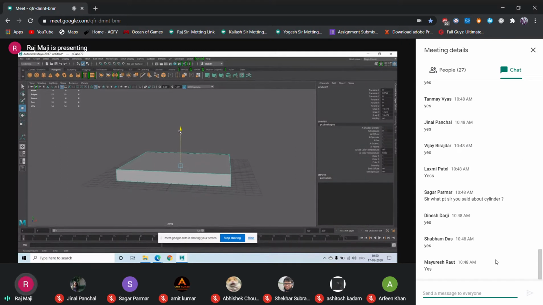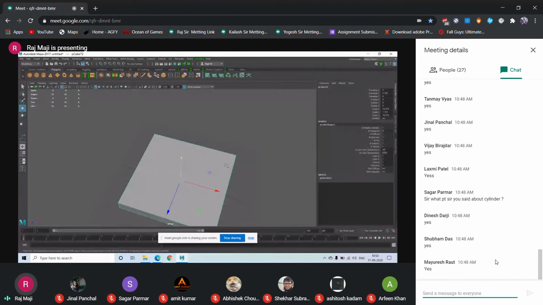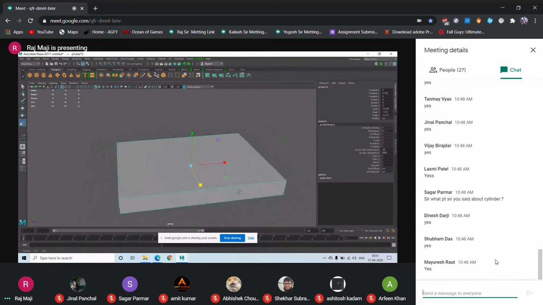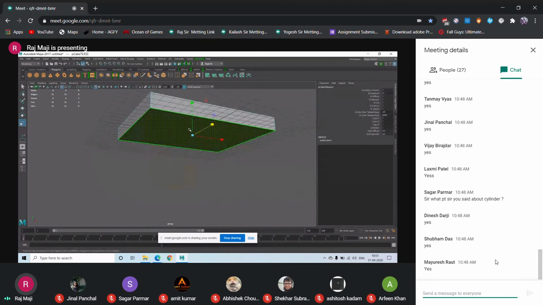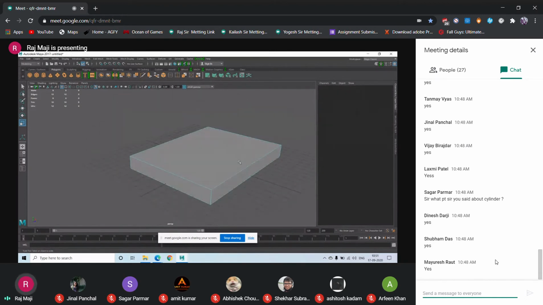In villages, actually, you can see mud slabs. Inside, maybe bricks or stones are there, and the upper plaster is made of mud. All right. Now, my first job is I'll delete the base. I don't need it because it will be inside the landscape, so it will not be visible. So that face is unnecessary. So I just have deleted it.